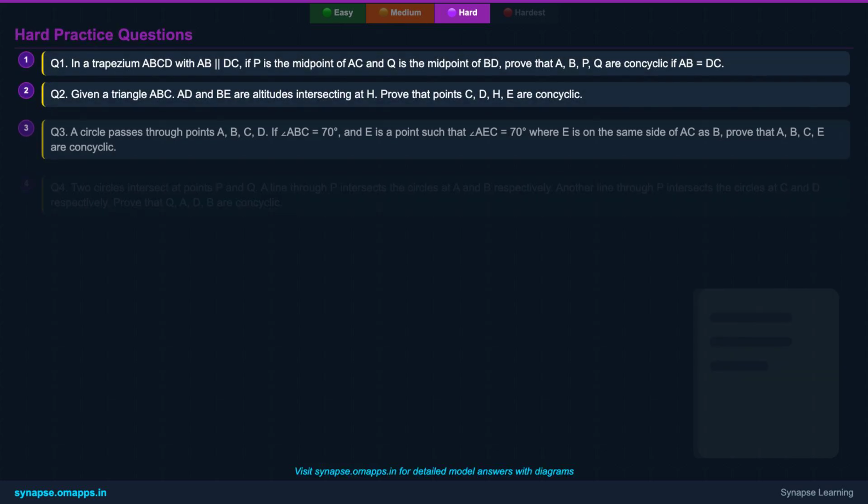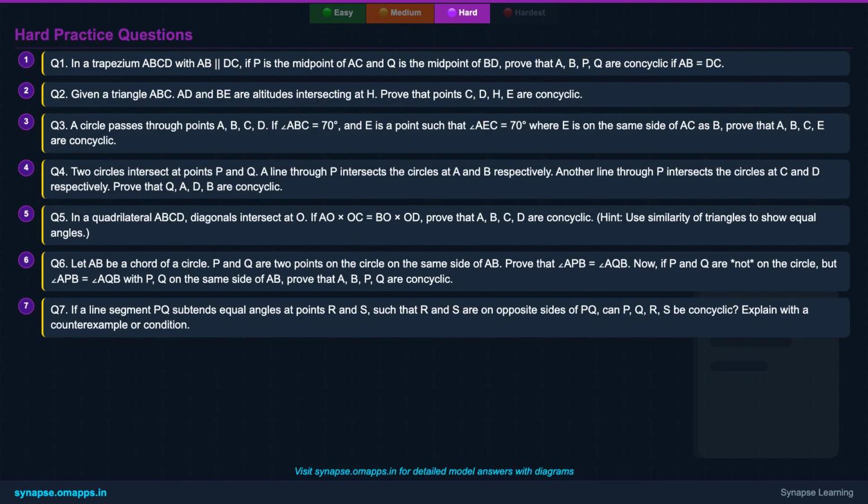You've now explored the rigorous proof and connections of the converse theorem. It's time to tackle these 7 challenging practice questions. These problems will require you to combine the converse theorem with other geometric properties, possibly involving auxiliary constructions or multiple steps of reasoning. Think critically, draw precise diagrams, and apply your knowledge of circles and angles. Don't be afraid to try different approaches. Take your time and push your understanding to the next level.